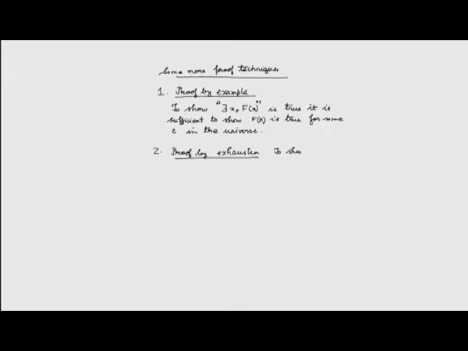To show for all x not of f x is true, we choose to show that in this case we have to show for all x such that not of f x is true, then in order to show that